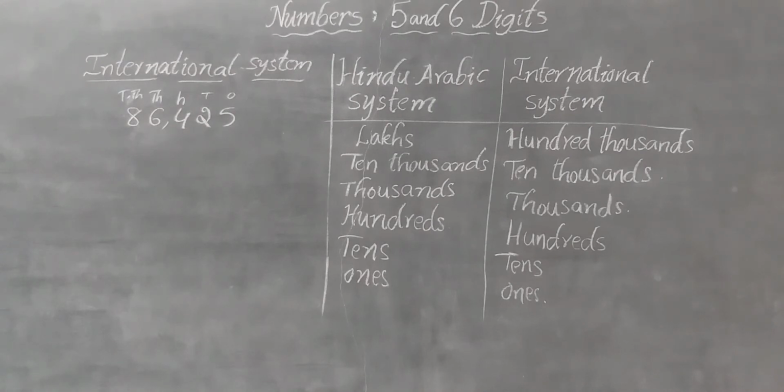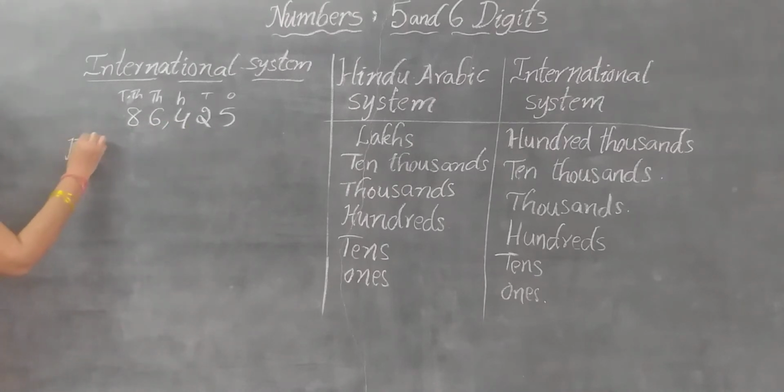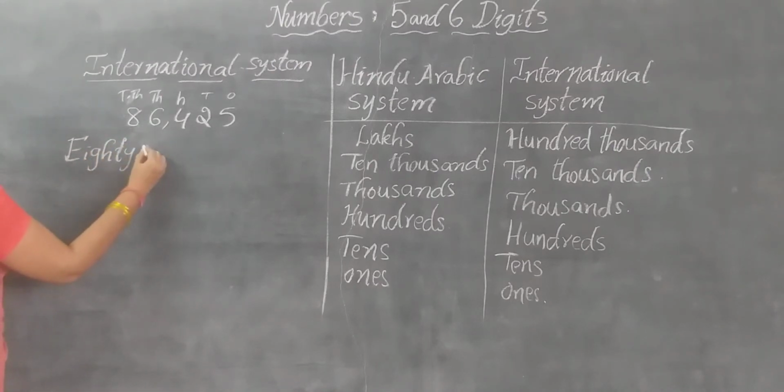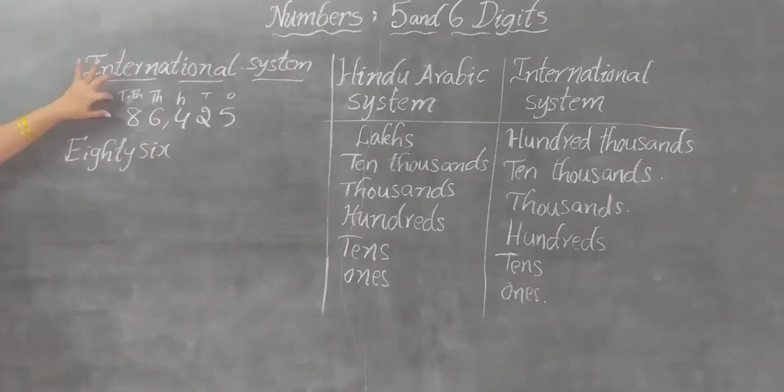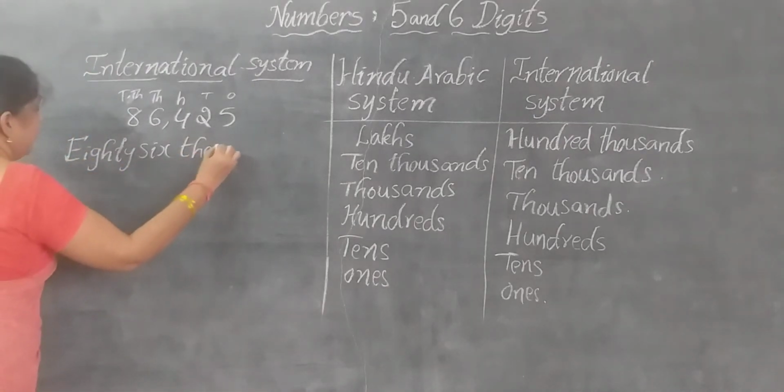Now I will write it like this. Say, 8 is in which place? 10,000s place. So 80,000. 8 tens are 80 now. 80,000, 6,000. Totally 86,425. 86: hundreds or thousands? Only 10,000s are here. The 100,000s place is not there. So 86,000.